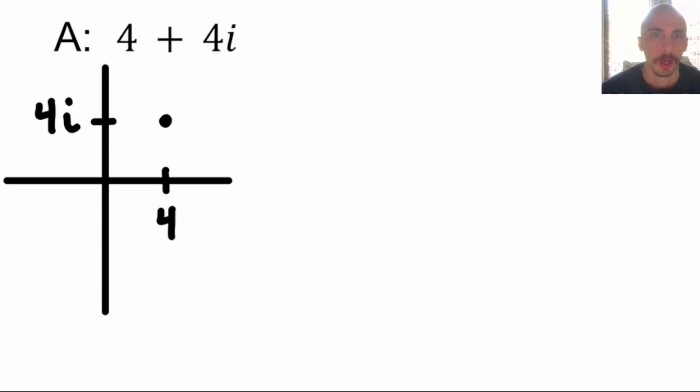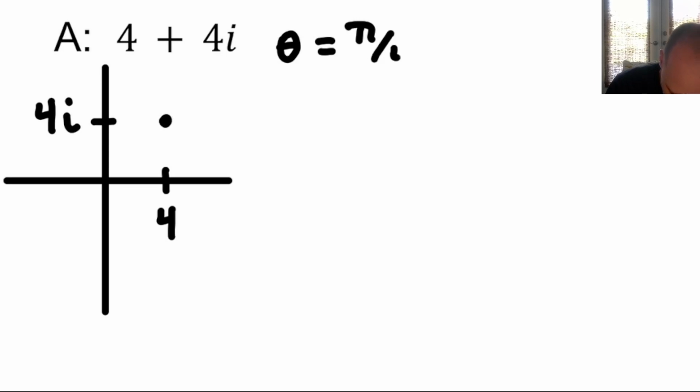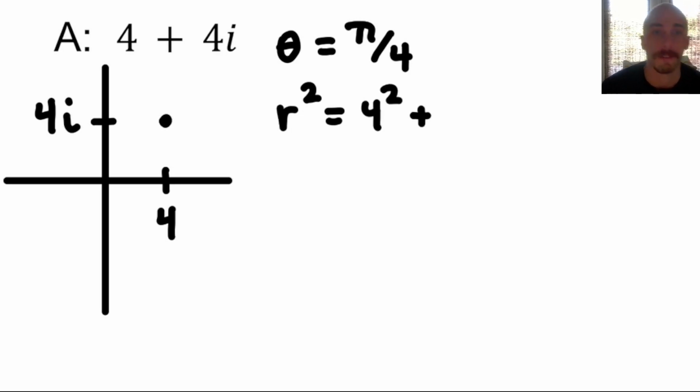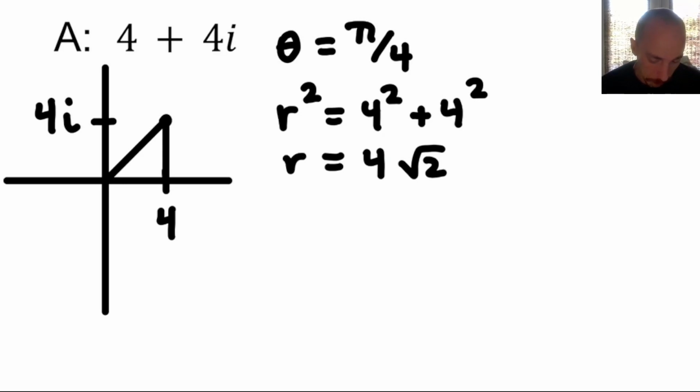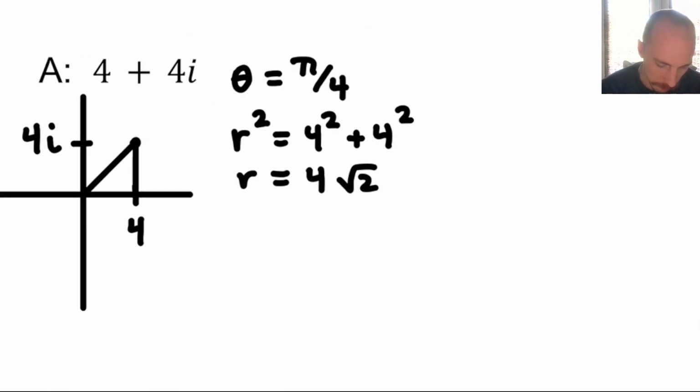And just like before, we think about the legs of the triangle, squaring them, adding them together to get r squared. So in this case, theta equals pi over 4. And r squared equals 4 squared plus, and we're not going to take 4i and square it because it's the length of the leg. If I was to turn this into a triangle, the length of the vertical leg would be 4, and the length of the horizontal leg would also be 4. So that's going to be the square root of 32, which we have already reduced in this video, and that's, I've got it backwards, that's 4 root 2. Okay. Or r could be negative 4 root 2, but then we'd have to get a different theta value, and so it's,